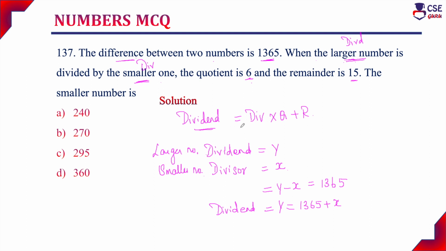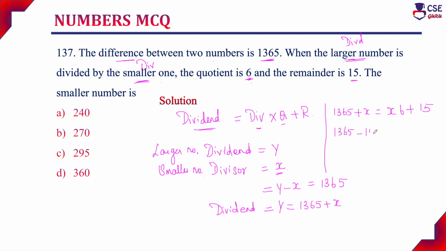Okay. So now we will implement in this formula. So the dividend is 1365 plus X, that is equal to divisor. The divisor actually we don't know. But here we have considered the smaller number as the divisor, that is X. So X into quotient, which is 6, plus remainder is 15. So if you are solving this one,